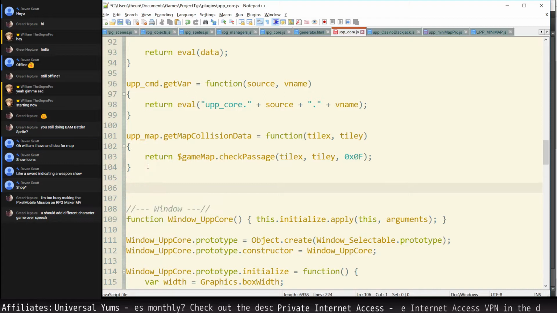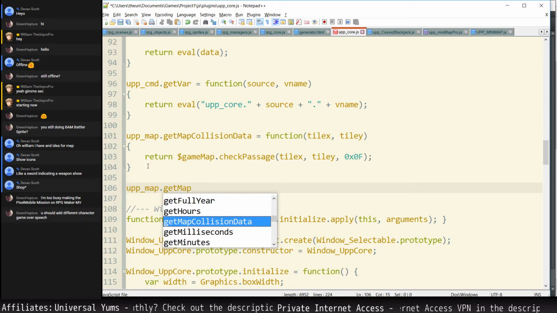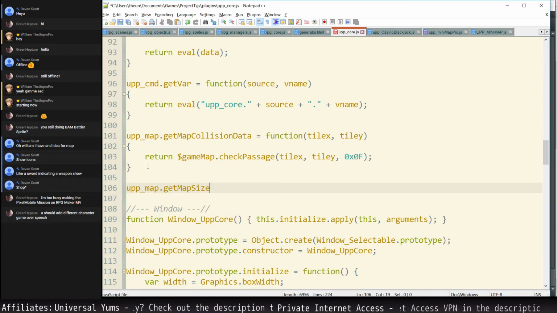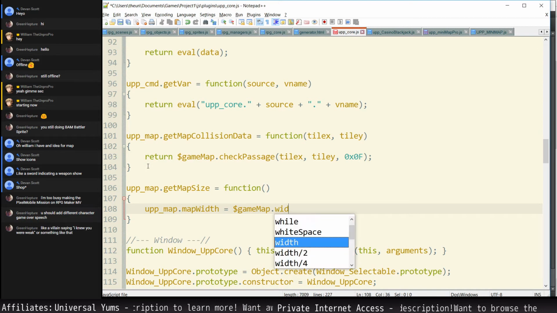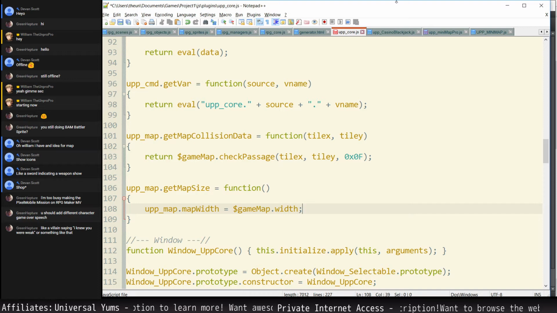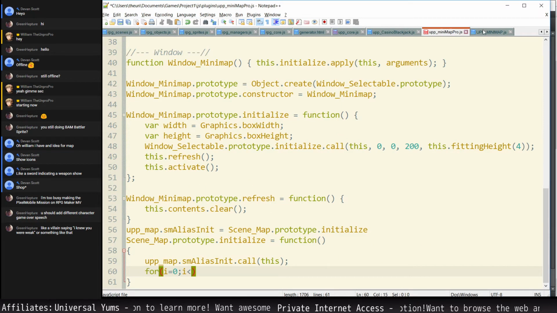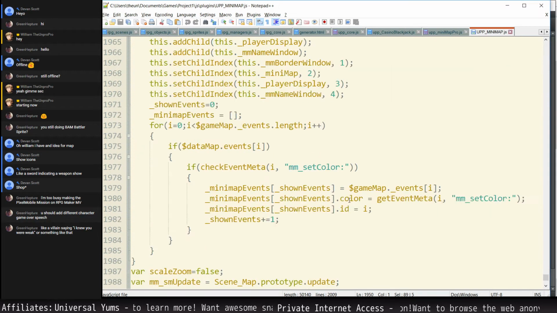UPP, see, I'm still adding to it. Map dot get map size. Okay, yeah, here we go. Equals function. All right, UPP map dot map width equals game map dot width, I think it was. Was it data map dot width? I'm not really sure which one it was. It was game. It was